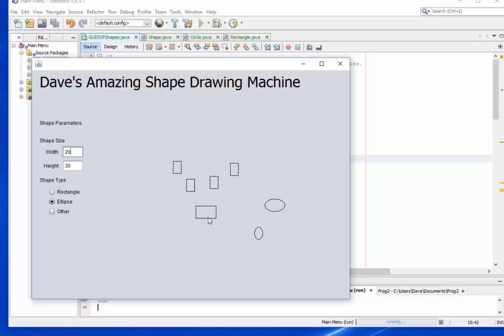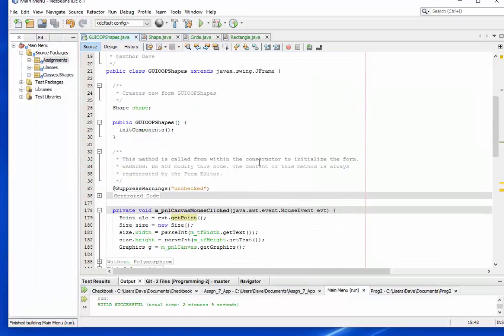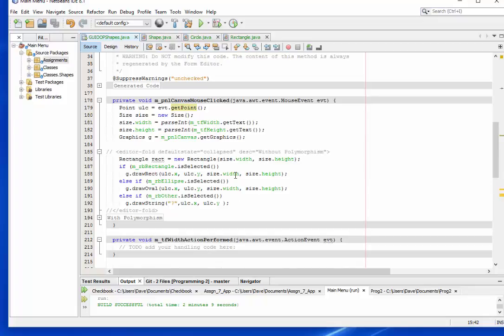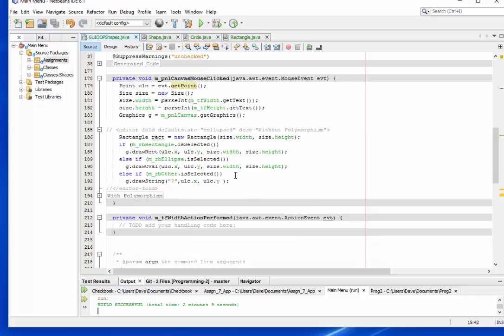Now with this, I did create shape objects, and it turned out that I just let them go away. I just dismissed them, but I could have actually stored those shape objects somewhere as I'm putting them in there. But what we're going to do is first look at how it's done without the polymorphism, then I'll show you what the polymorphism does for us. So if you look down in this code, and this code will be on GitHub when this video is ready, I'm going to click on without polymorphism here, and you'll see that what I've got is a rectangle object,